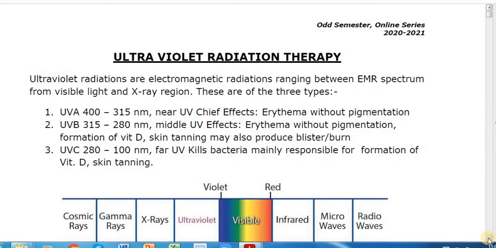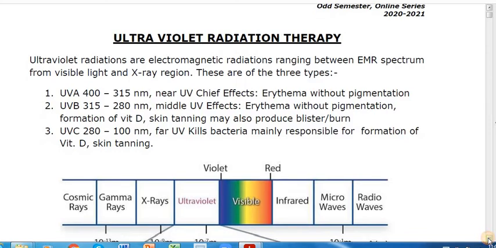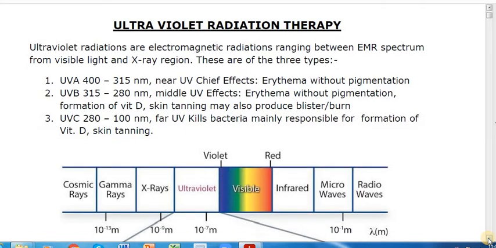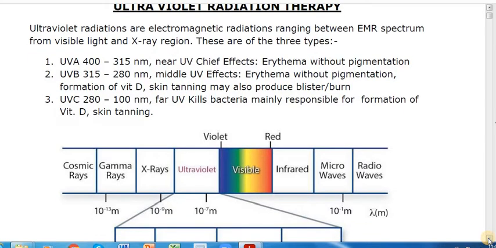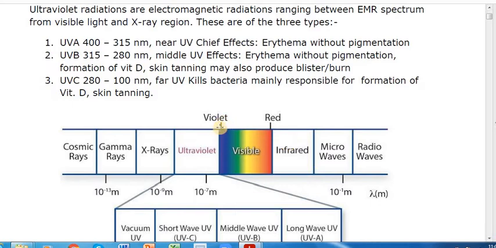So first of all, let us understand what exactly is the position of ultraviolet radiation, and when we say position, automatically how is it different in frequency and wavelength from the neighboring radiation, and obviously these only would give the difference in their properties and their therapeutic applications. So the ultraviolet band you see is beyond your violet.